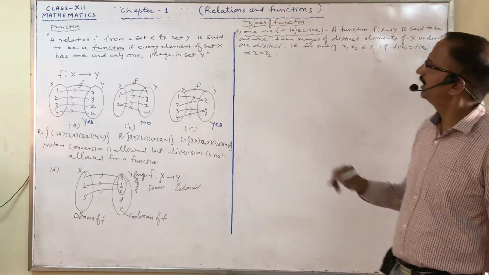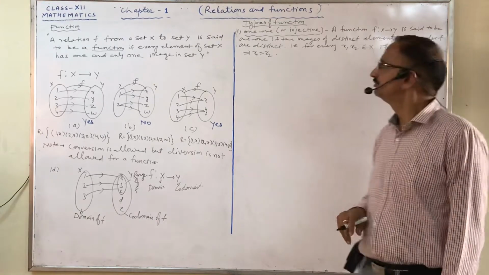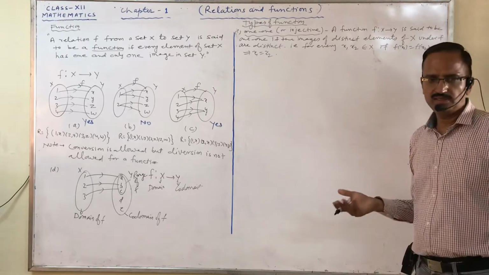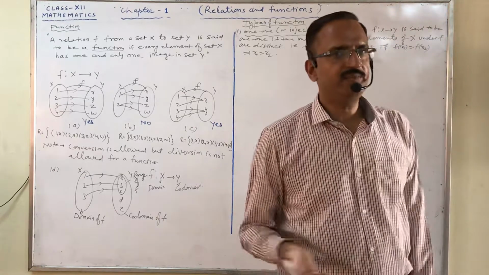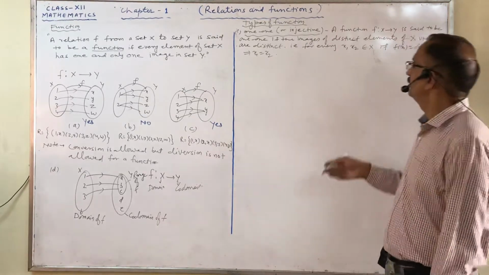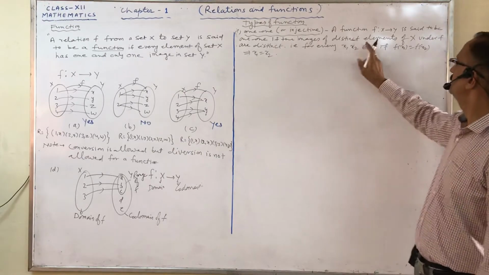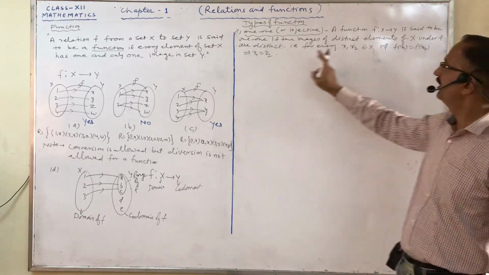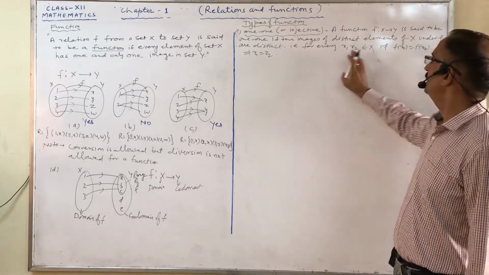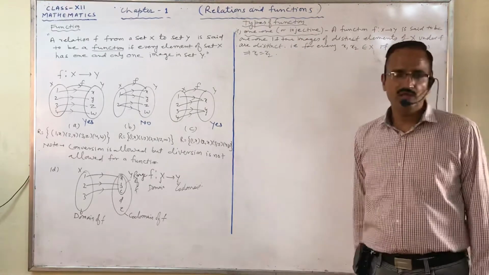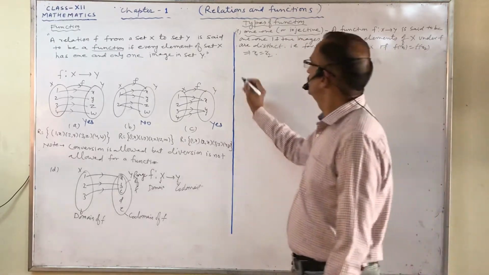These types of functions are called one-one. For different elements, the images are different. For the same element, the images are the same. So if the images of distinct elements of X under f are distinct, then these types of functions are called one-one functions. Second is